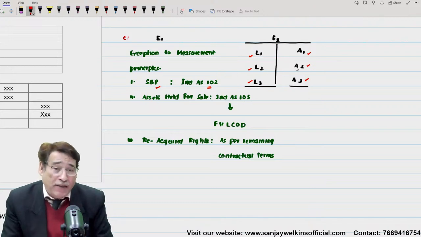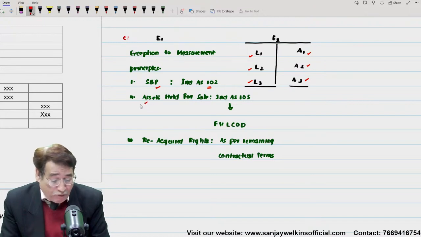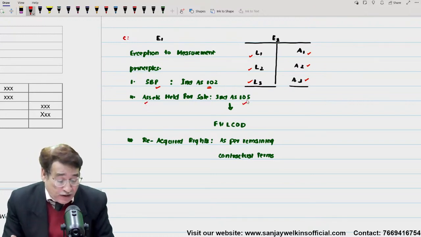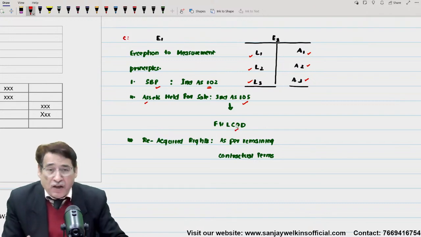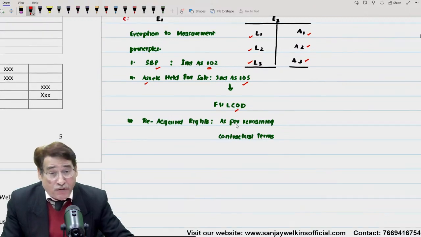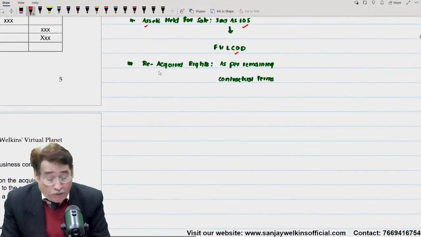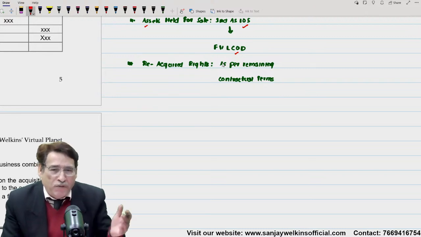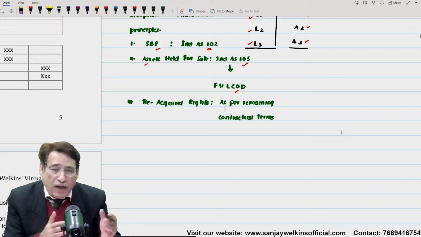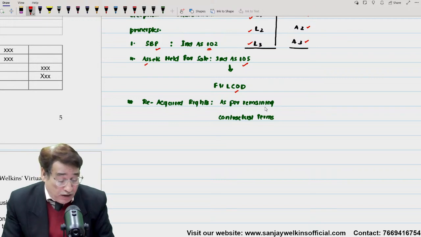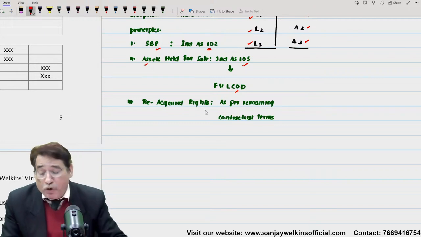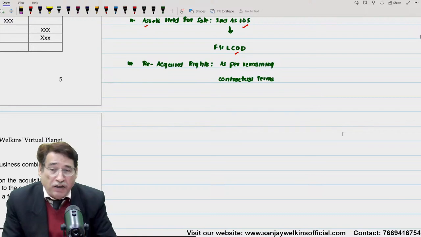Similarly, there might be some assets which are meant for sale. So such assets, known as assets held for sale, are recorded in the light of Ind AS 105, and Ind AS 5, you will study later on, states that such assets should be recorded at fair value less cost of disposal. And then regarding what we call reacquired right, we might have given them some rights, now because we have taken over the control of that particular enterprise, those rights have come back to us. So such rights will be measured as per the remaining contractual terms. Correct? Till up to this particular stage, I think we had finished in the last session.